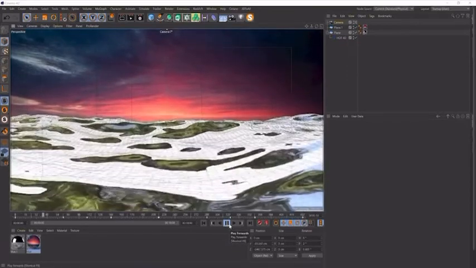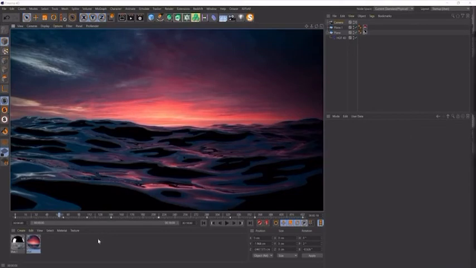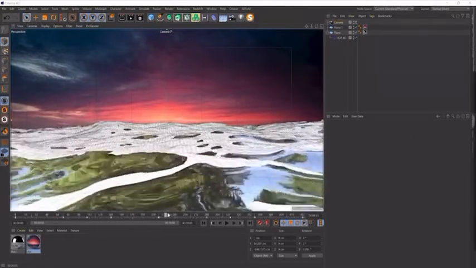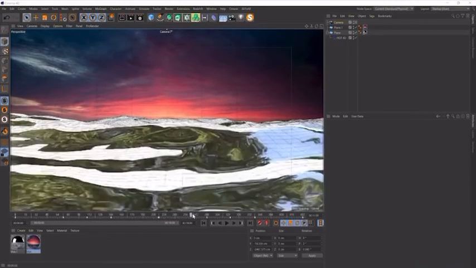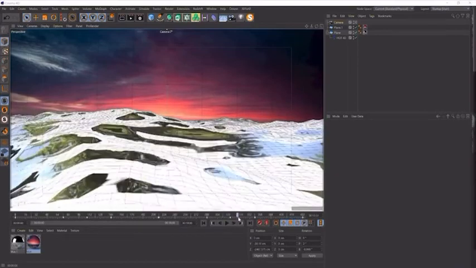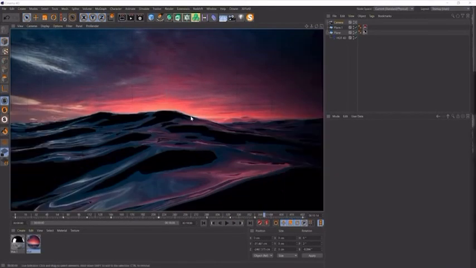But anyway, that would be it for the animation. We can just preview any frame here to see how it looks. And just check some other frames. Generally, you want to avoid waves which come too close to the camera, because that might look a bit too weird. But I would say what we have right now looks fine. Alright, and with our camera animation finished, we can move on and create the other elements in our